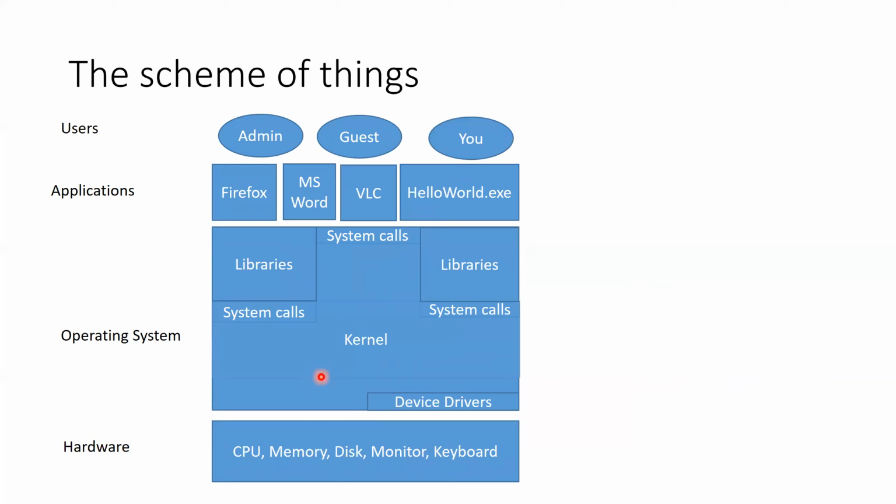Let's look at this picture in a little more detail. The operating system, as we discussed in our earlier slides, is a big and complex piece of software. It's composed of many different parts. We can divide the operating system software broadly into two categories. One we call the kernel. The kernel is basically the core part of the operating system that performs the core services that are required in every operating system. Okay? So that's the core of the operating system, which we call kernel.